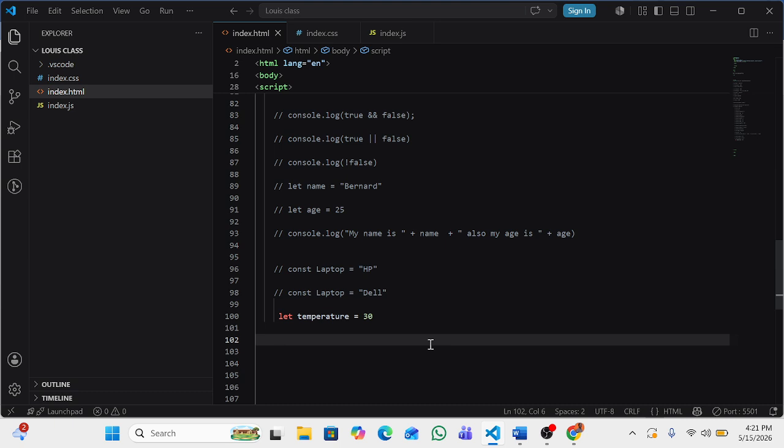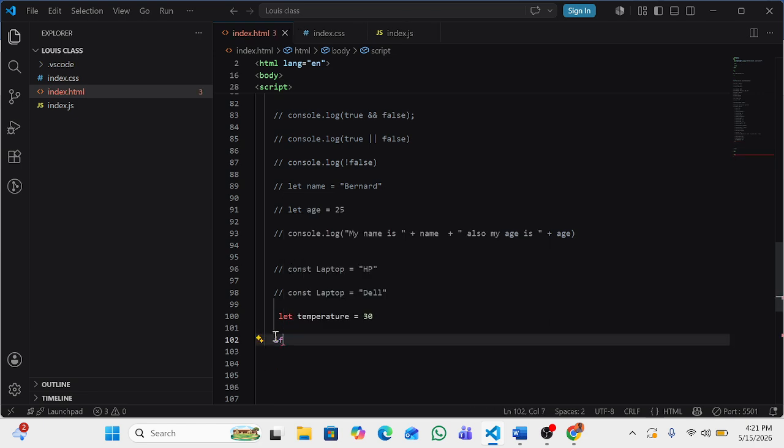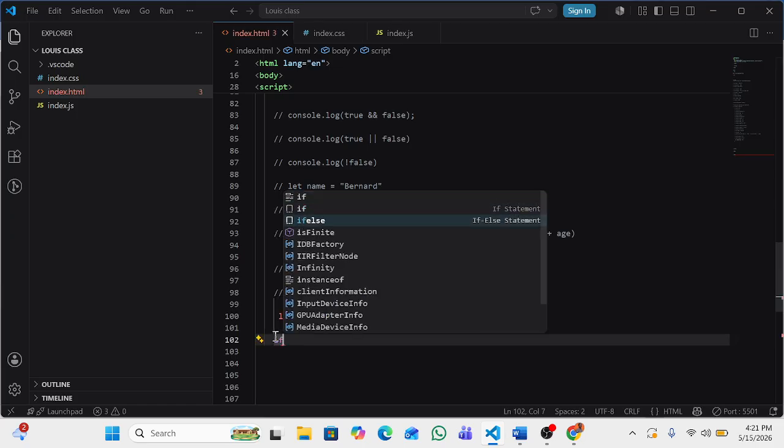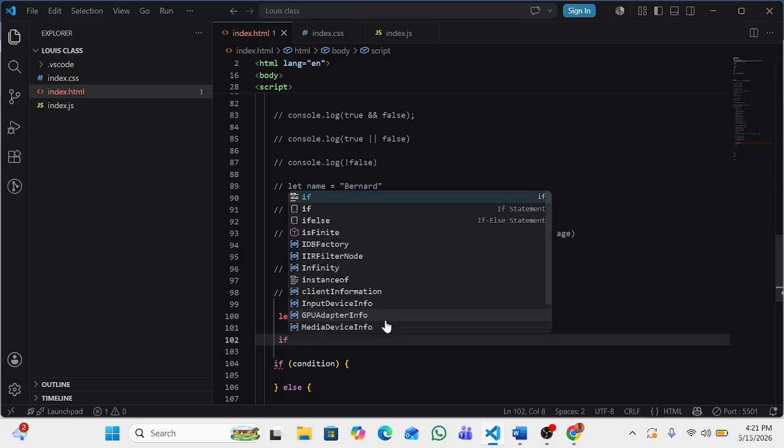Then if. Look at this if now. When I write if just now, it shows this thing, right? Then there's still if. So the first one is this. If